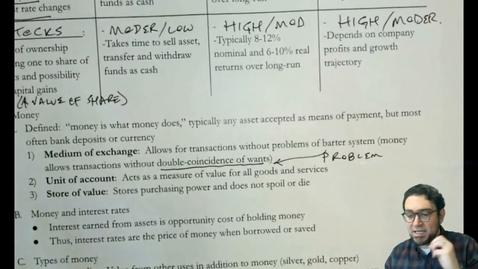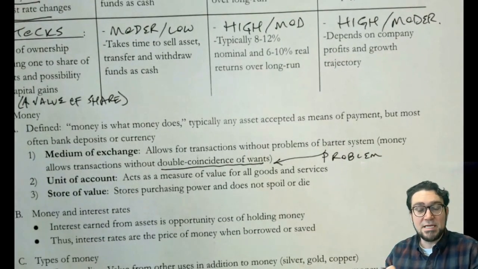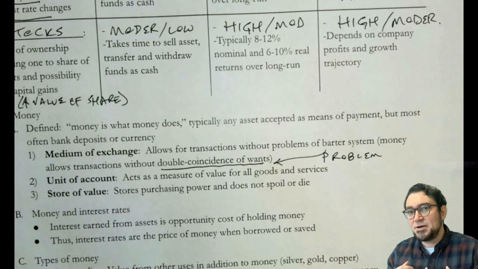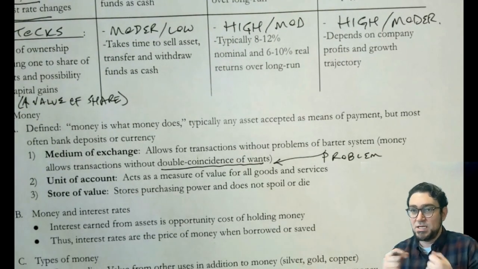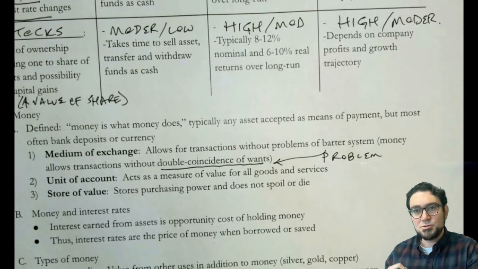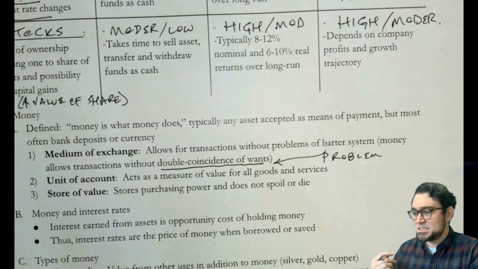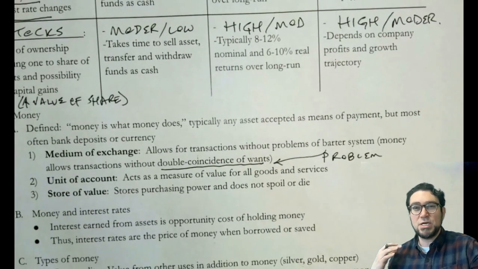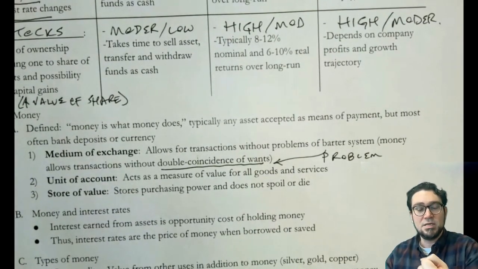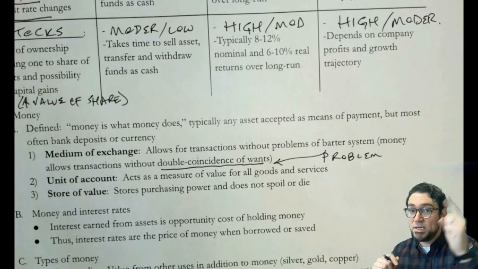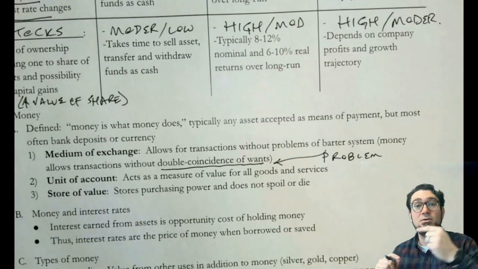So in short, imagine that you didn't have money. In order to actually get anything of value, you would have to exchange it for something that you have. So you would go to the grocery store and be like, I have eggs. I need a quart of milk. Can I trade you 6 eggs for a quart of milk? And that would rely on you wanting what they have and them wanting what you have.